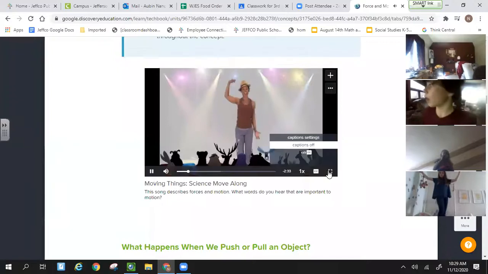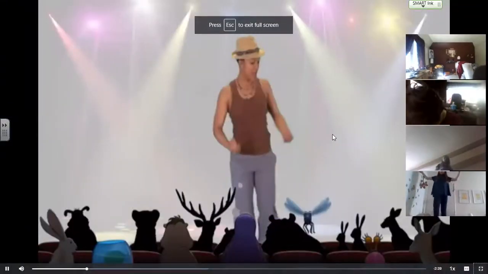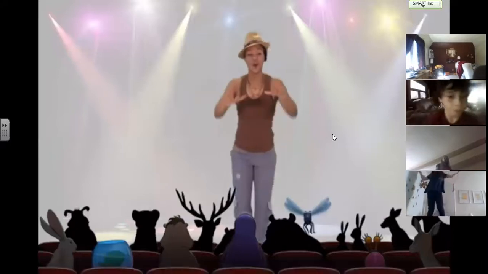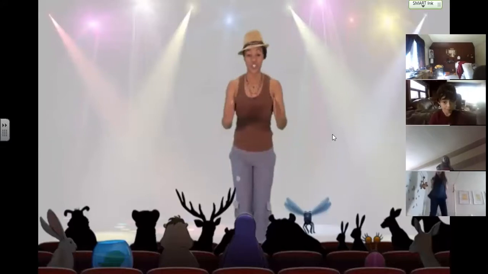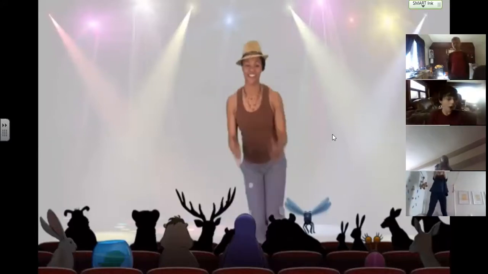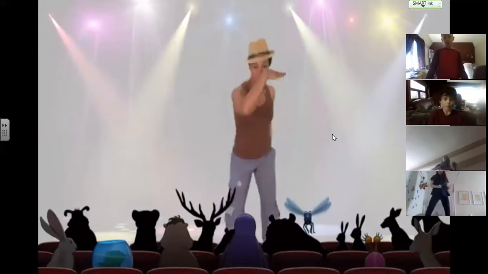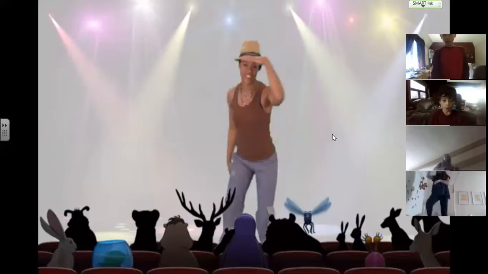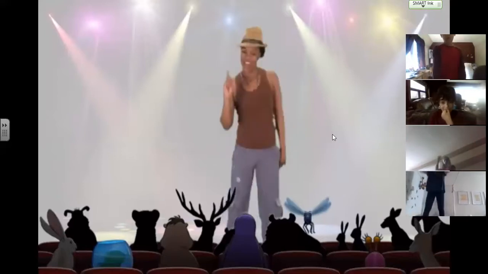And then we're going to push and pull, push and pull, push and pull. This is your motion dance. Get your hands Make sure moving. that we jump side to side, we have our arms nice and close. Side You're gonna move, move, move. And last, watch and see. Watch and see. Watch and see. Now you're ready.